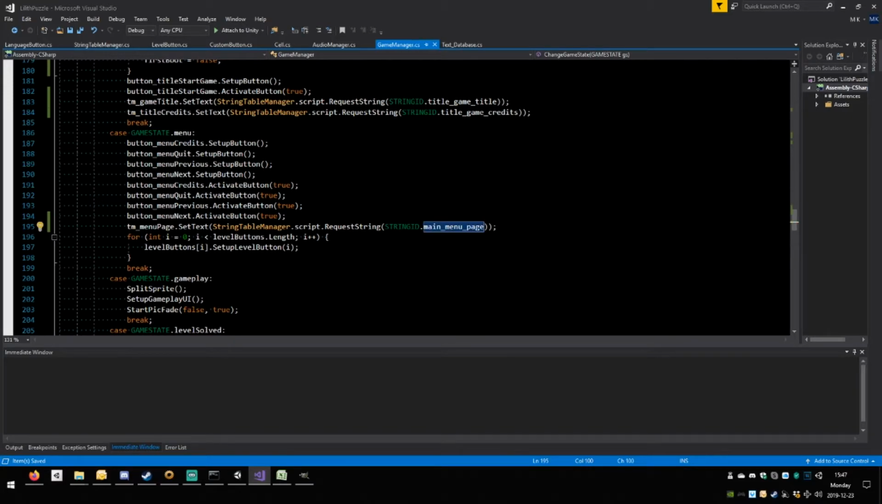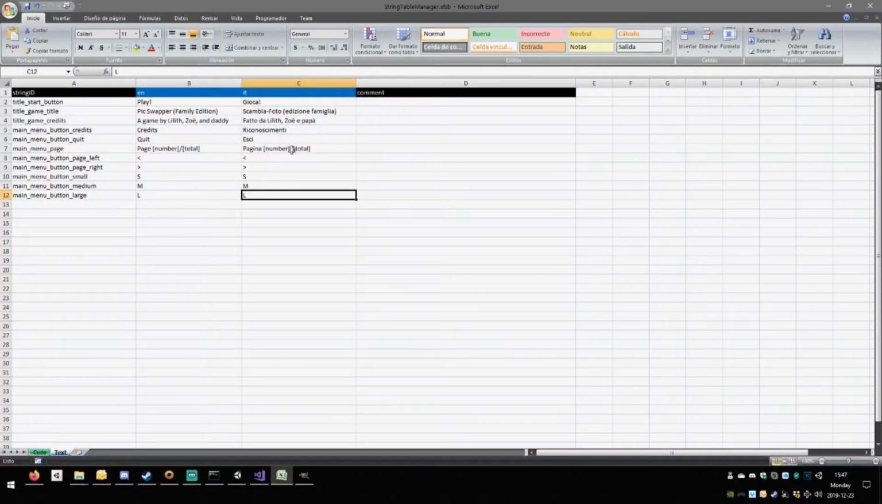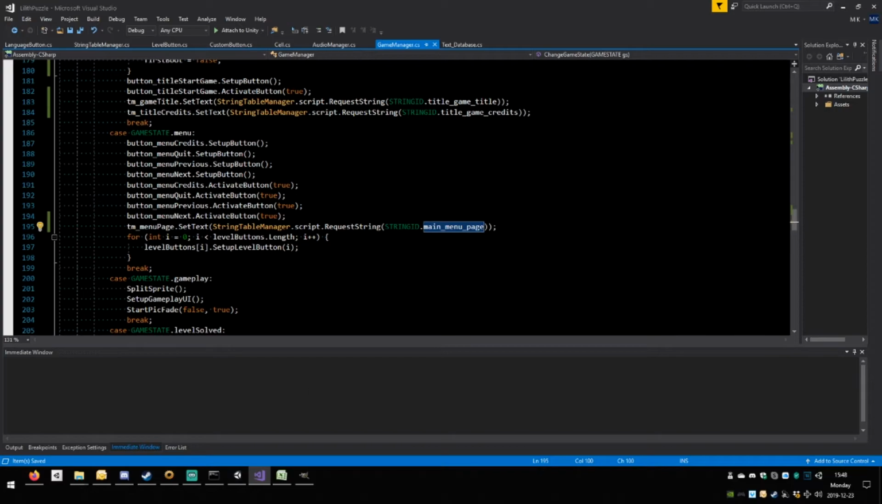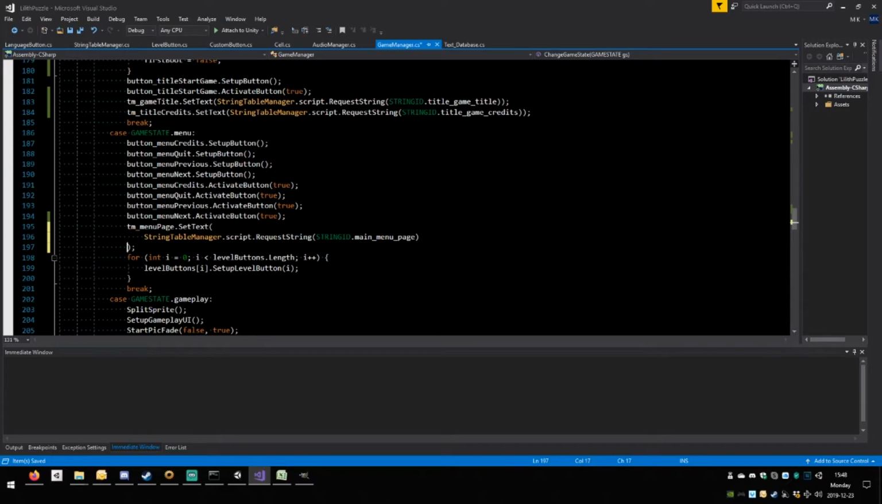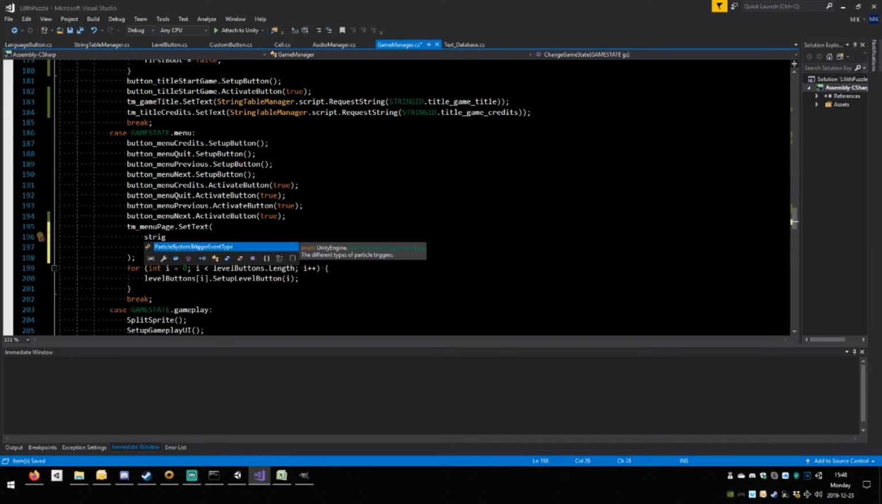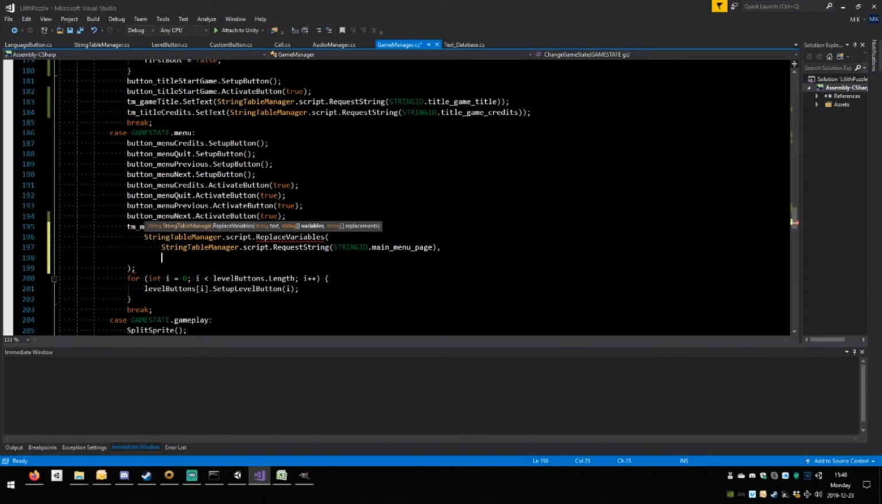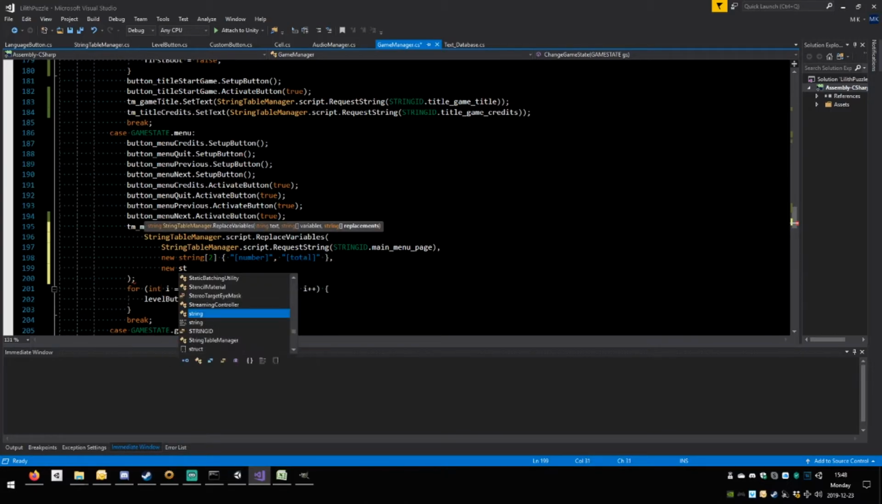Now the problem with this is, you see it's got these square brackets. These mean variables here. So I'm gonna have to replace that number in that total with something. And so I'm going to change the way this works a bit. I'm gonna say string table manager, replace variables, and this is gonna be my text. New string 2. One of them was number, I think, and the other one was total. Not expecting you to pay much attention anyway. String 2,